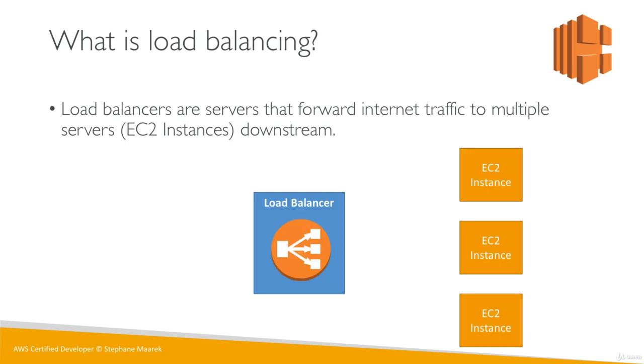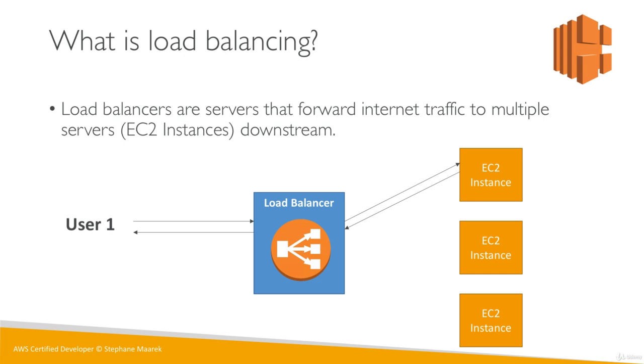Okay, so this is what it looks like. We have our EC2 instances and they have our application, and we have a load balancer a bit before that. Now, when the users connect, they don't connect directly to the EC2 instances. They will connect to the load balancer. So we have user 1 connecting, and the load balancer basically redirects that traffic to the EC2 instance. The EC2 instance comes back with a response to the load balancer, and the load balancer gives back the response